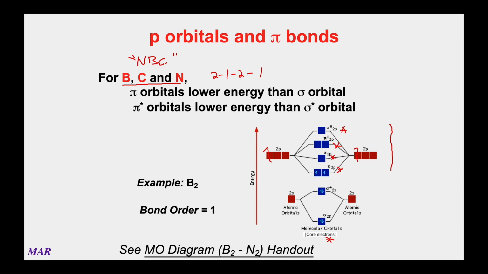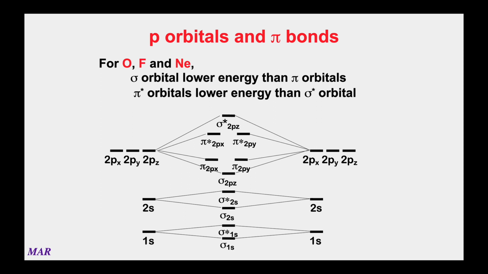However, remember that in the 2p set on the periodic table, B, C, and N are just the first 3. The other 3 elements are oxygen, fluorine, and neon. So if you have O, F, and Ne, which I will sometimes abbreviate as FONE, which is very cheesy, but it kind of sounds like phone, and of course we all have phones these days. Anyway, this creates what I'm going to also refer to as the